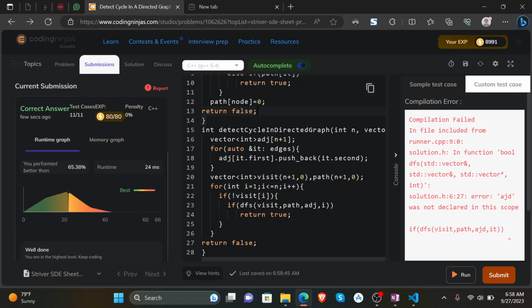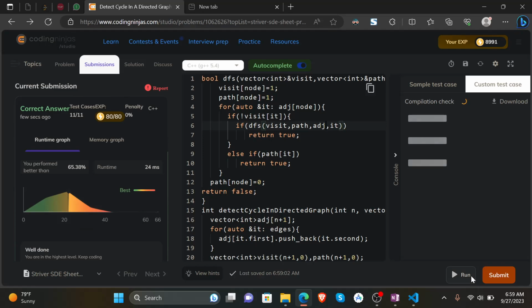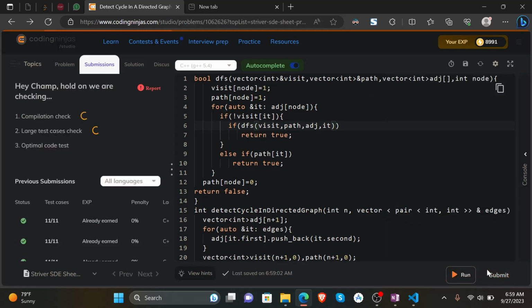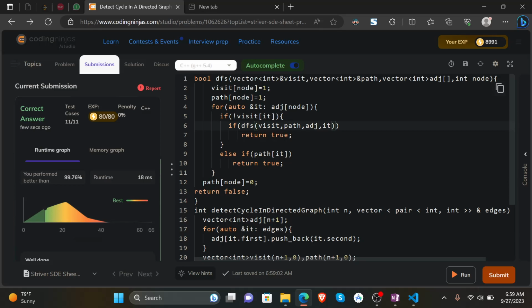So what is it saying, adjacency of DFS, in which line it was wrong, at 6 maybe. So that's giving that all tasks have passed. Let's submit this solution and see what will be the outcome. So the solution is submitted and the